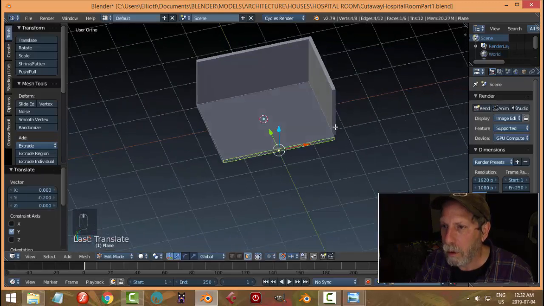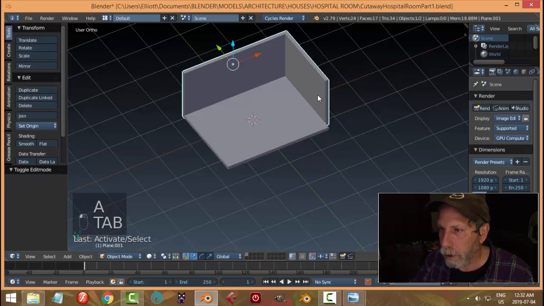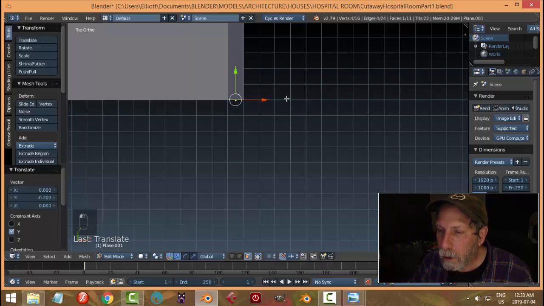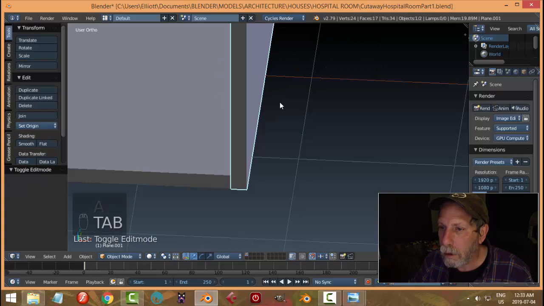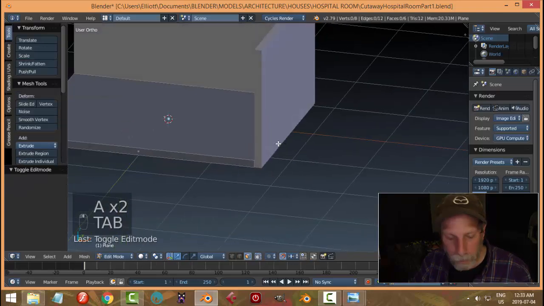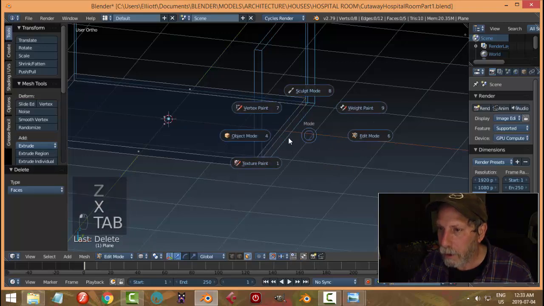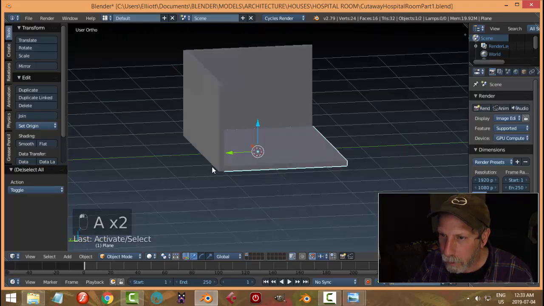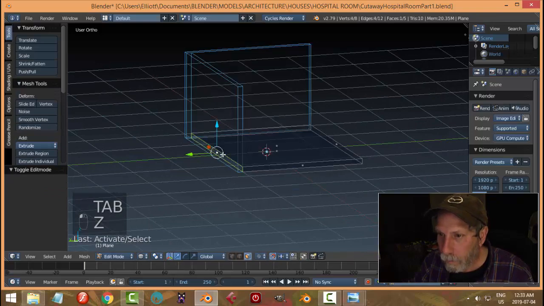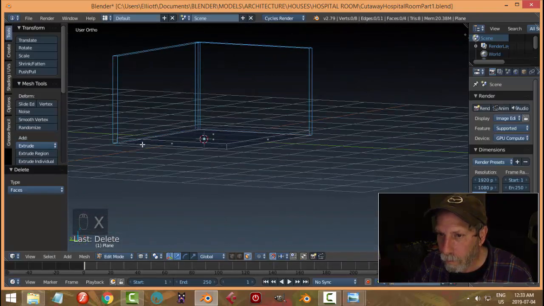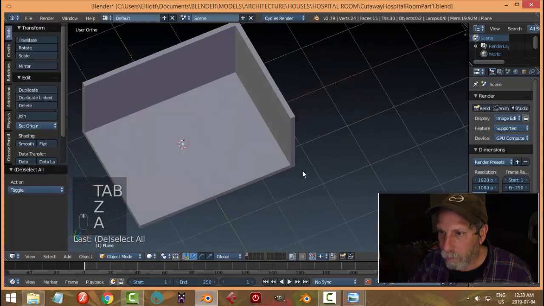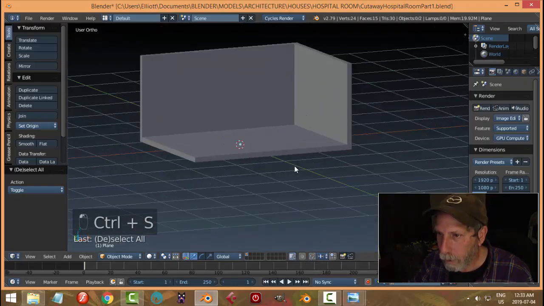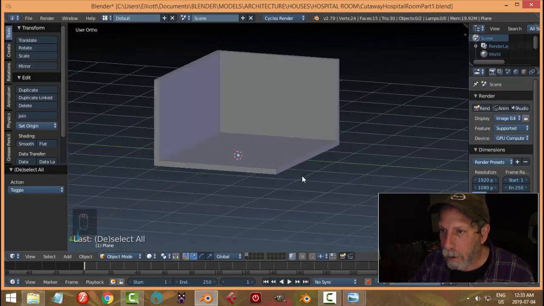What else? Do I want to go 2? Yeah, I do actually. In which case I may come in here and delete that face. And what else would I want to delete? Let's see what's underneath over here. I'm going to go with that. Now,